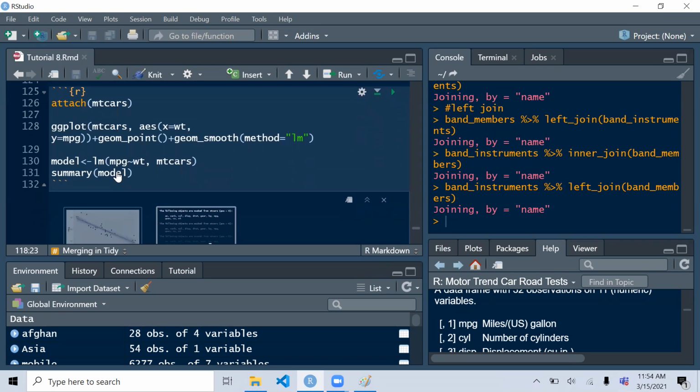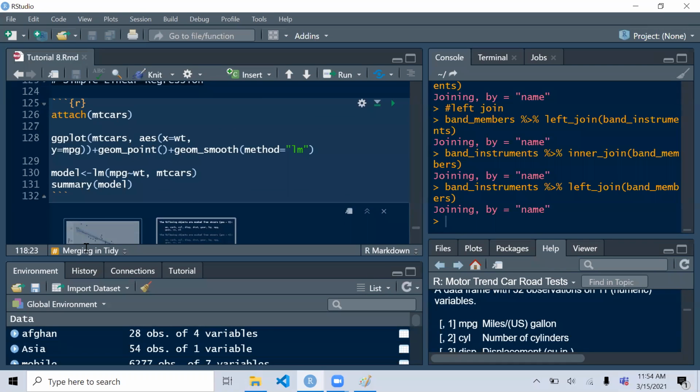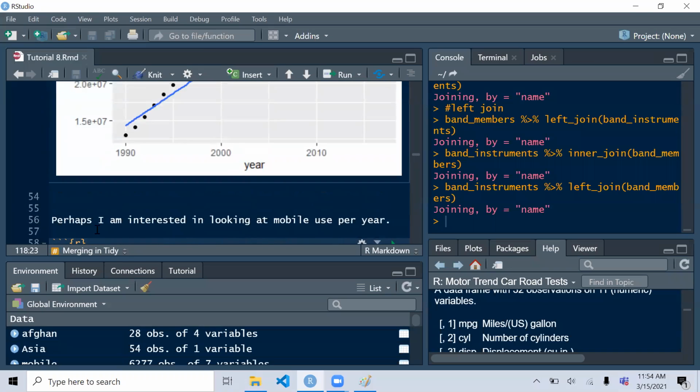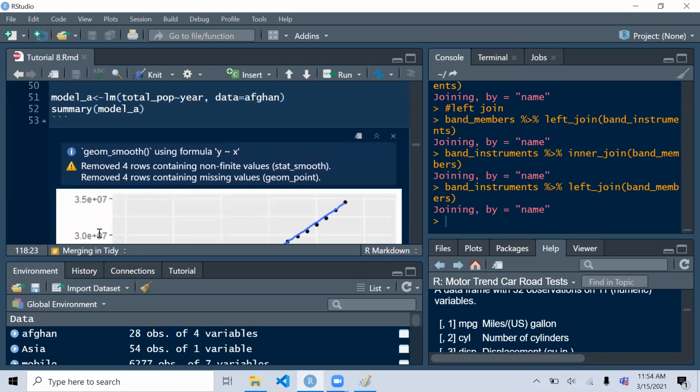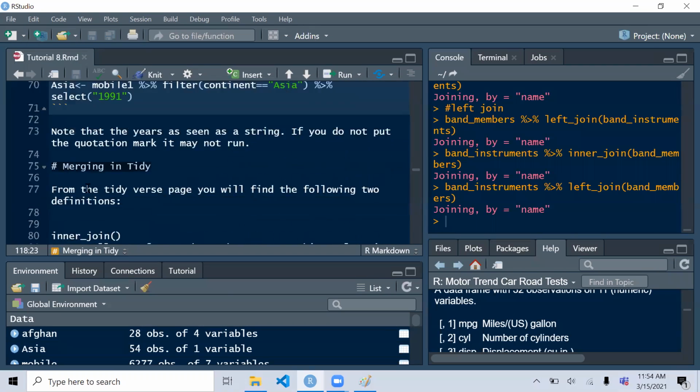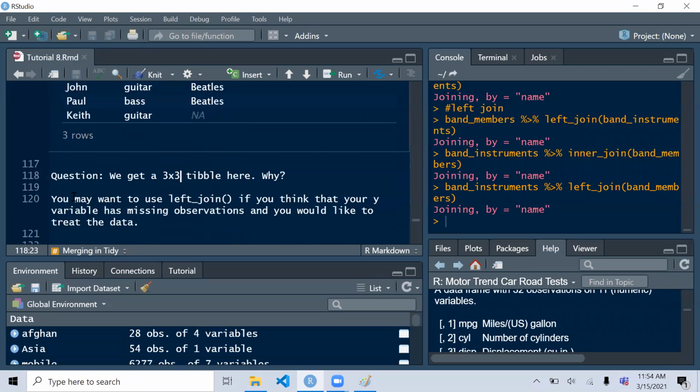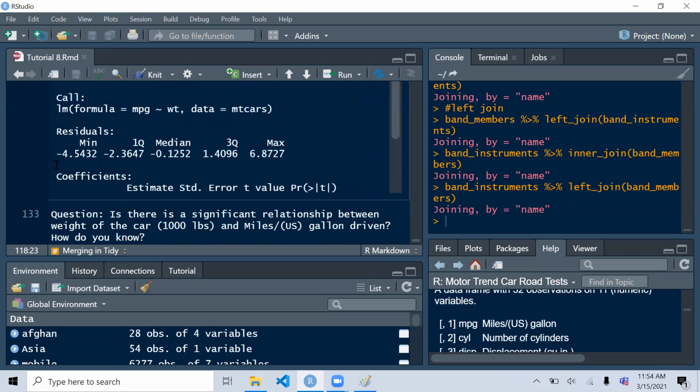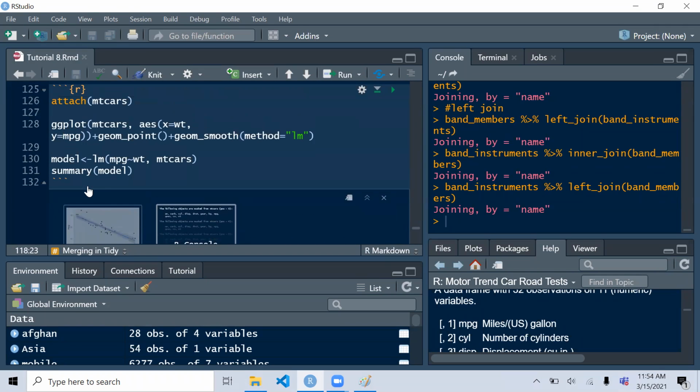Okay, so now let's go back to our trusted data set and look at simple linear regression once more. Although ironically, I realized that I also did simple linear regression up here. But anyways, let's look at this again. This is the mtcars data set. I want to look at, so last week I said that I was surprised, but then